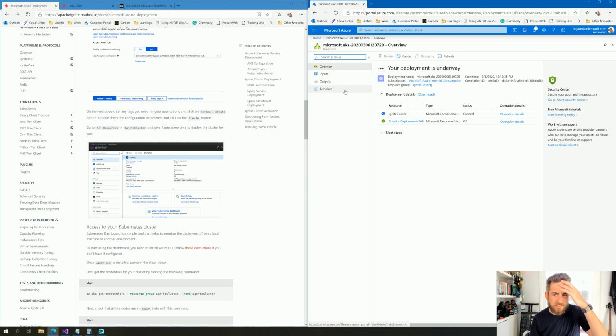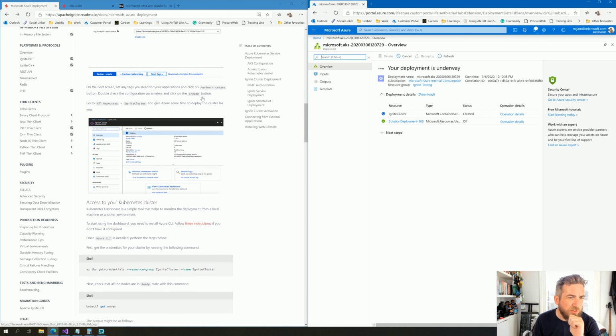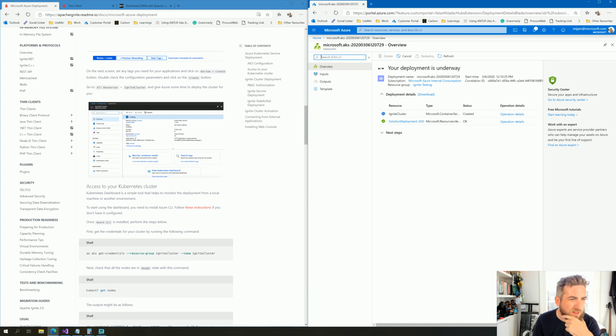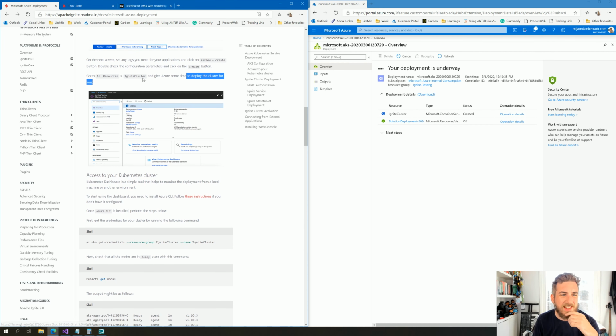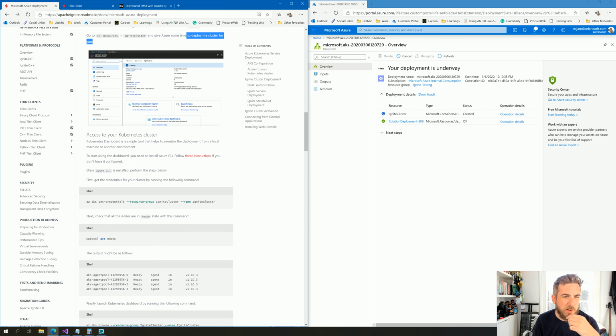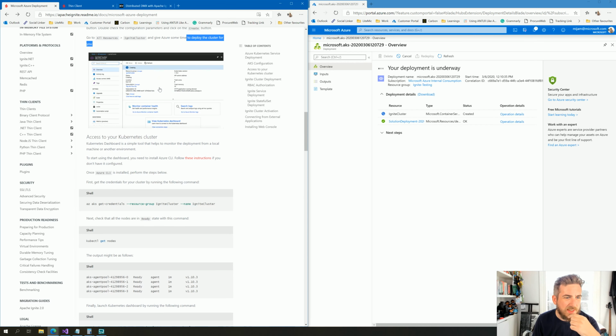So whilst that's deploying, let's quickly glance through what else we need to do. So once it's deployed, yeah, we're going to need some time. Go to the All Resources Ignite cluster and give Azure some time to deploy the cluster. Okay. And then we need to access the Kubernetes cluster. Now, let's